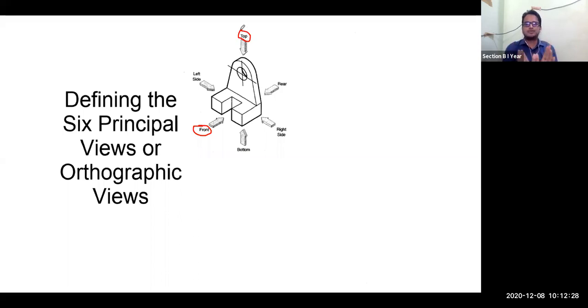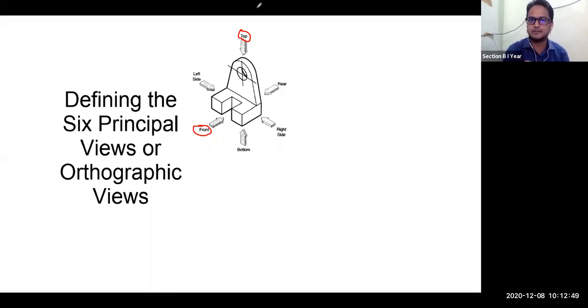So I just want to see front view and top view. You try to draw the front view and top view of this component in your notebook. Then I will show you how it will look so that you can cross check your answer yourself. I'll give you 1 or 2 minutes.